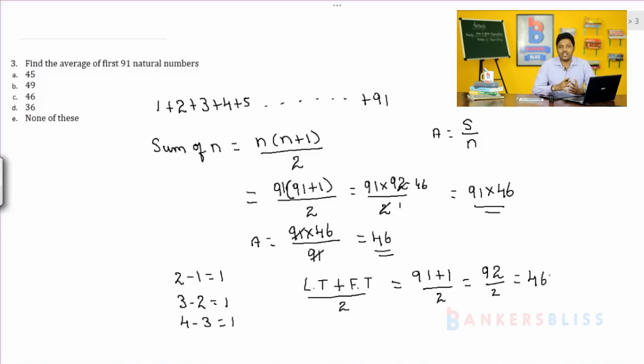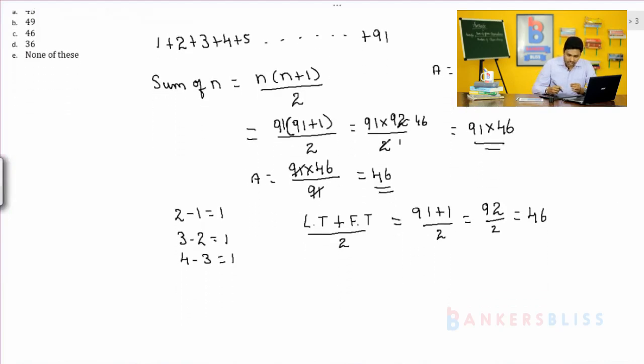So easily you can solve these types of problems. Orally you can solve these types of problems. If the series is in arithmetic progression, then the average is the middle number. The middle number will be the average. So to calculate the middle number, we can do this procedure, last term plus first term by 2, or else we can go with a different procedure, that is second term